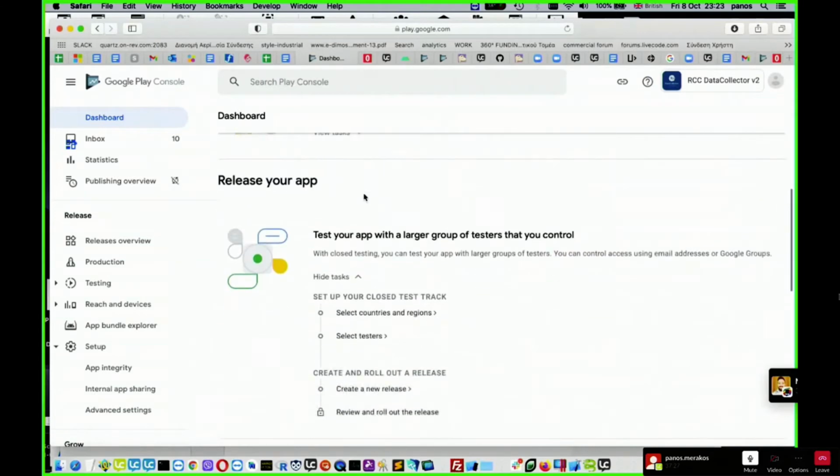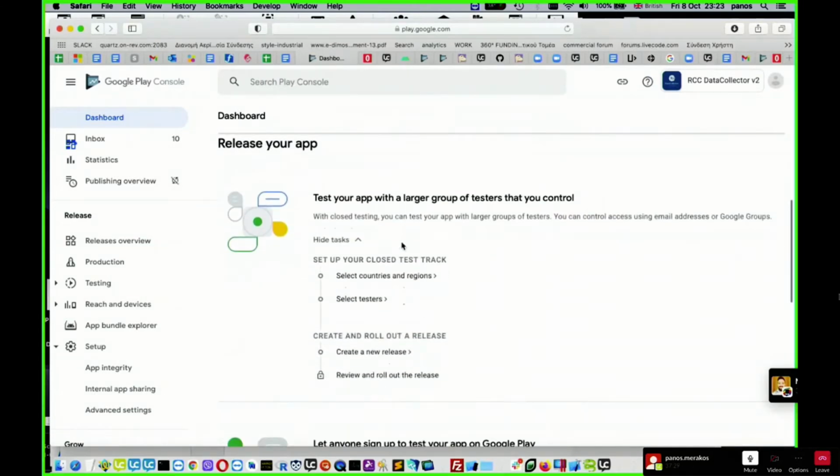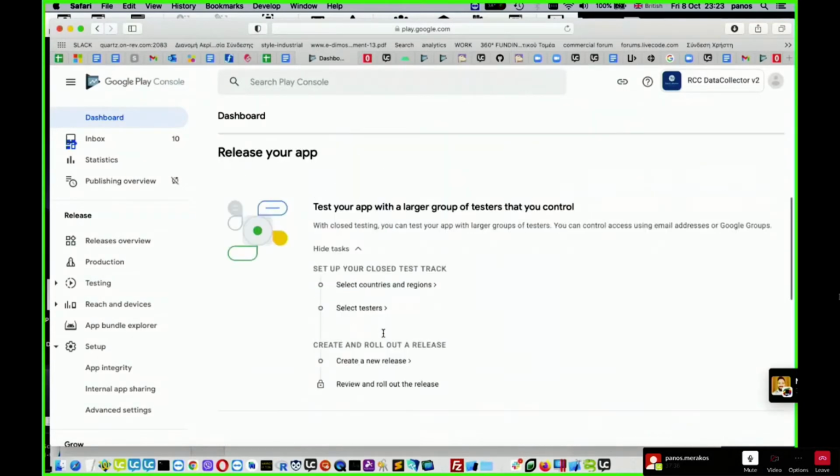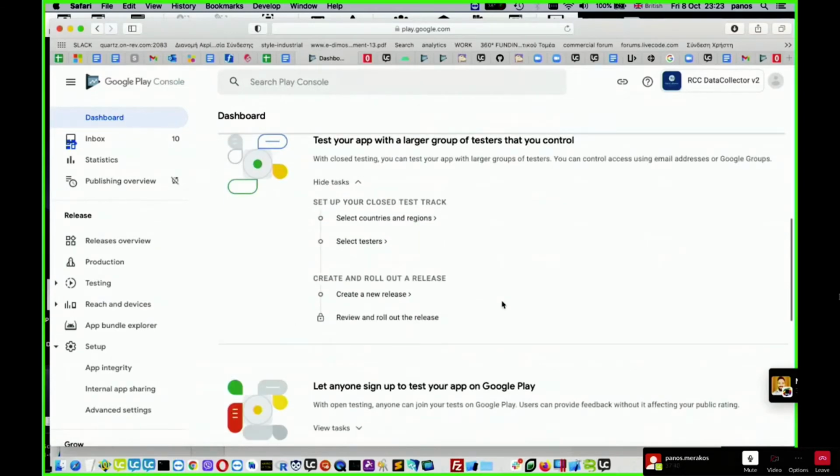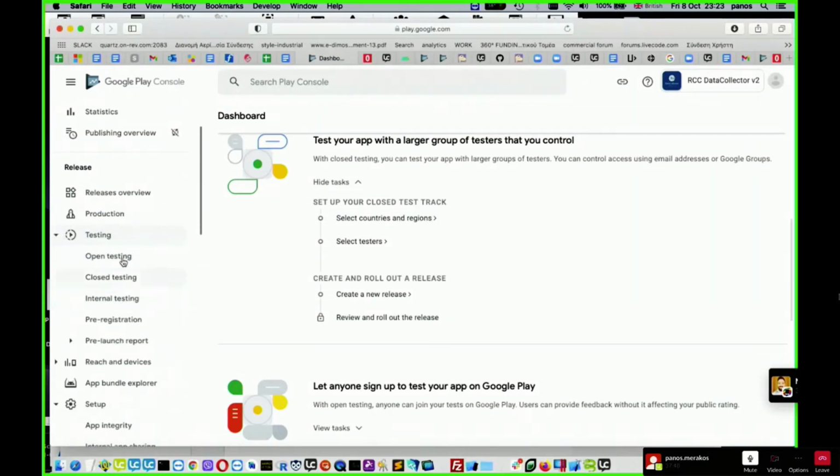So now we see the section about releasing the app. Set up your closed test track. Okay, that's about the closed test track. There are several tracks where you could submit your app. You can find them here.